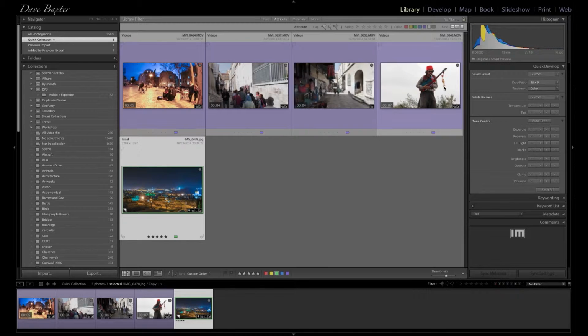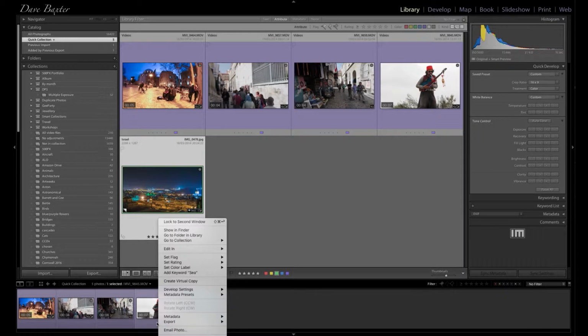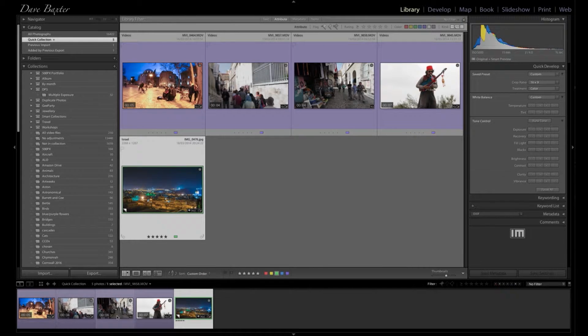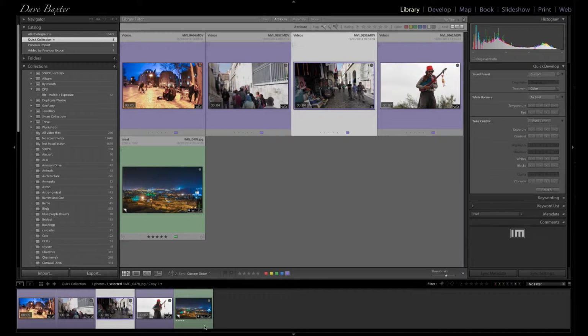Videos up here marked in purple. It's just to make it a bit easier for you to see on the screen at the bottom here when we start selecting different things. You see, we can see which is video and which is our photograph. What we want to do now is to be able to reorganize these. So I've got rid of all the clutter by putting only the stuff I'm working on in a quick collection. I'm now ready to go on, and that collection will be available from the next module, which is